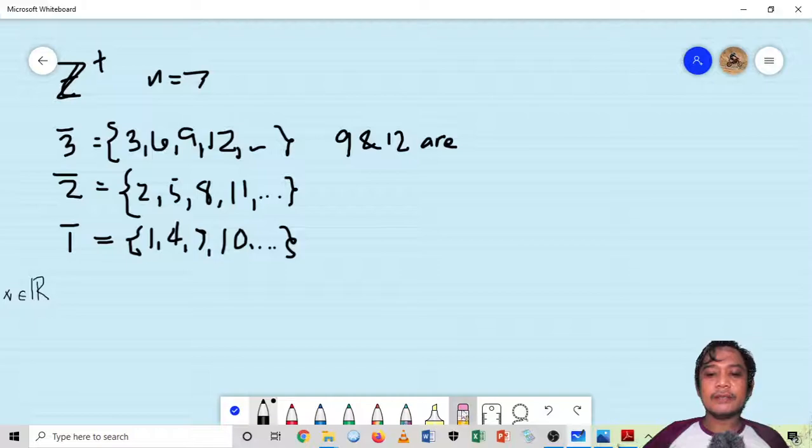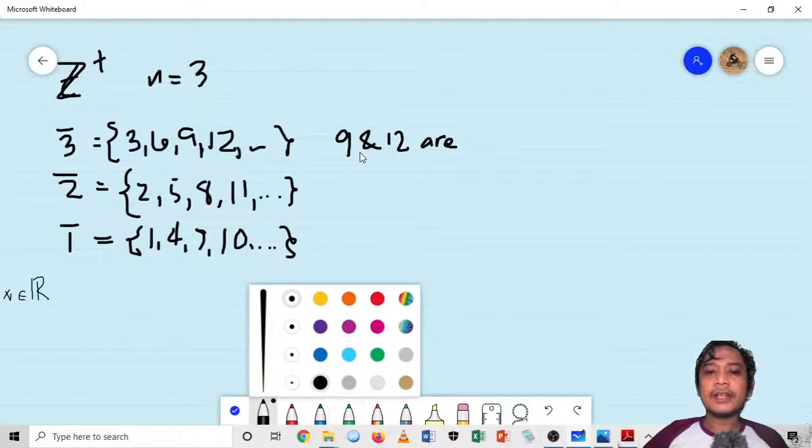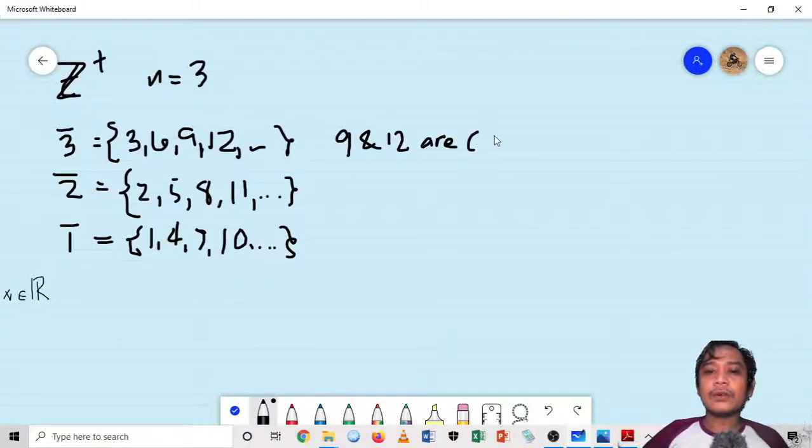Again, this here is 3. Don't mistake this for 7, because that might look like 7 to you. By definition, we say that 9 and 12 are congruent